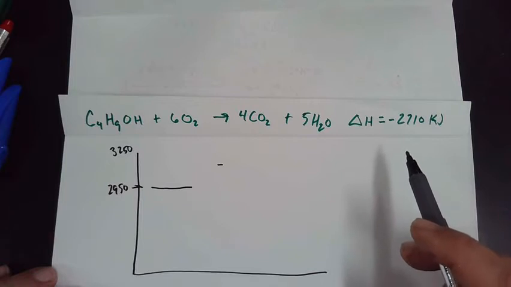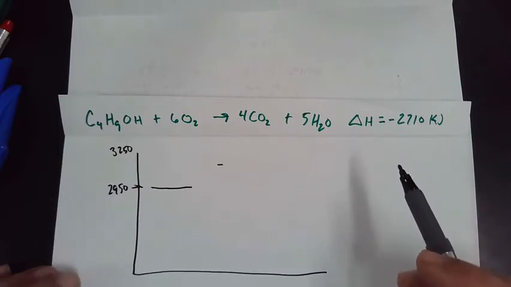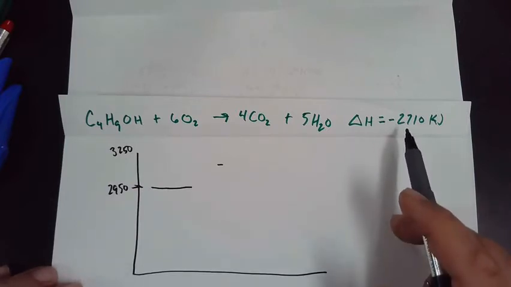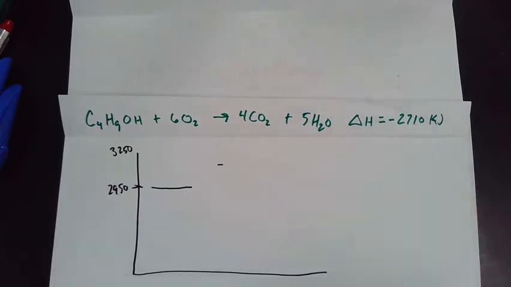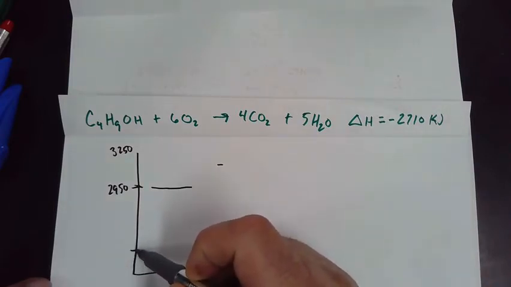No, I thought it was products minus reactants. Well, what that would be is negative minus a negative. It's weird. This is delta H. The delta H is negative. So what that's telling me is my products will be 2,710 less than the reactants. Does that make sense to you? Because the difference is I'm losing 2,710. So around 240